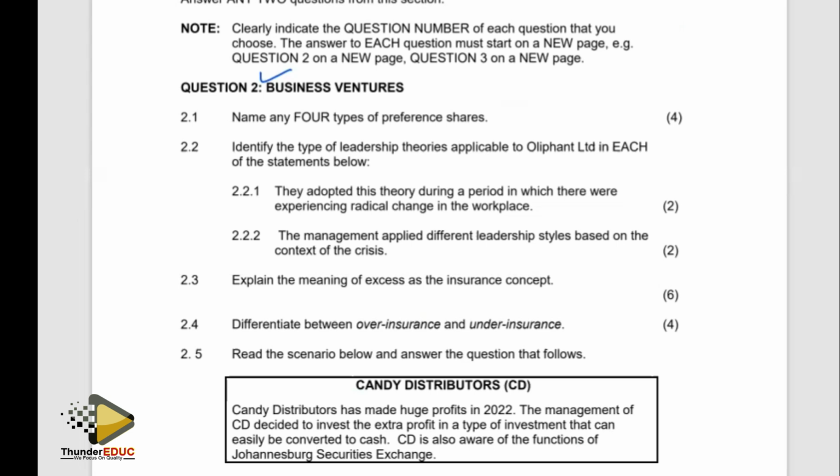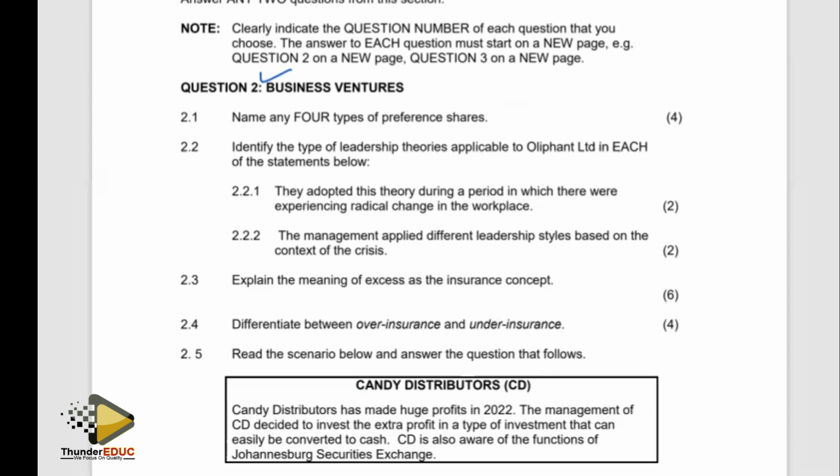We have participating preference shares. We have non-participating preference shares. We have cumulative preference shares. We have non-cumulative preference shares. We have redeemable preference shares. We have non-redeemable preference shares. We have convertible preference shares. We have non-convertible preference shares. So now, all in all, we have 8 different types of preference shares holding, but the question only requires 4